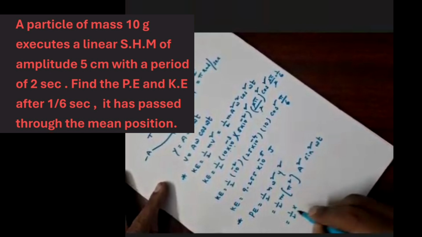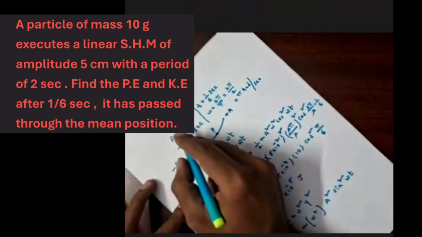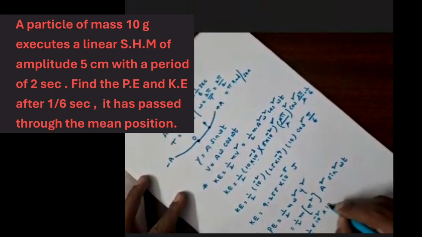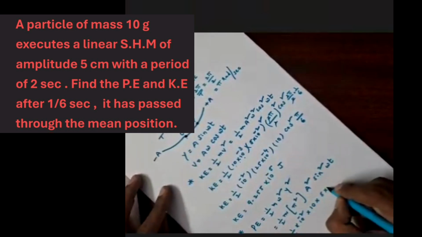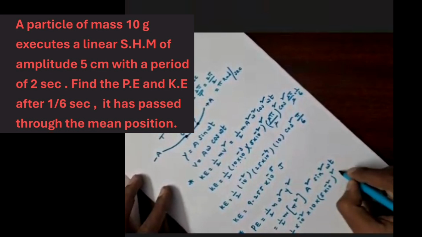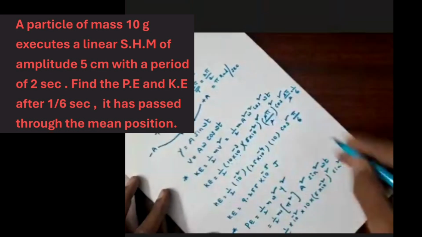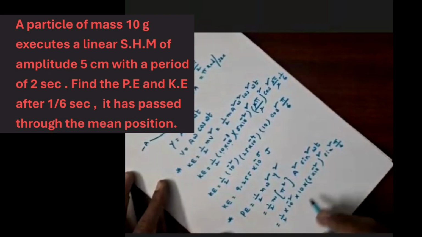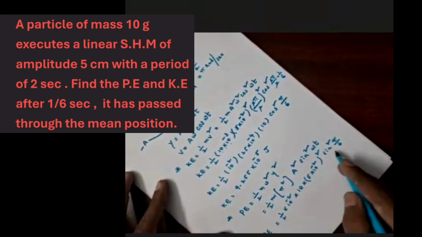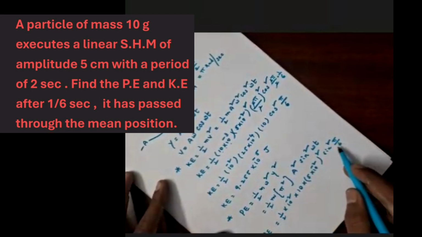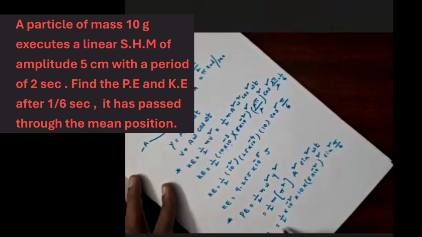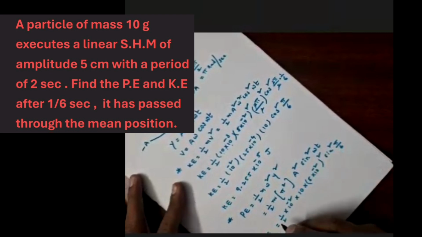After substituting the values, half m, 10 gram means 10 into 10 power minus 3, that is 10 power minus 2, pi square, 10, a square is 5 into 10 power minus 2 whole square, sin square, omega means pi, t means 1 by 6, so sin pi by 6. Pi means 180, 180 by 6 is 30, sin 30 is 1 by 2, 1 by 2 whole square. Substituting all these values, the potential energy you will get is